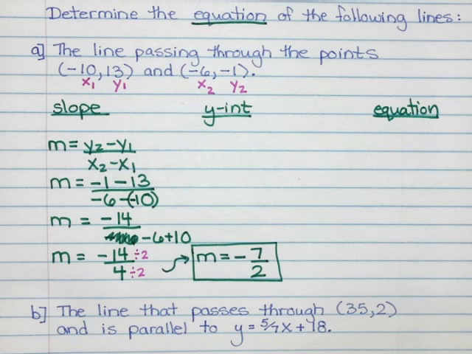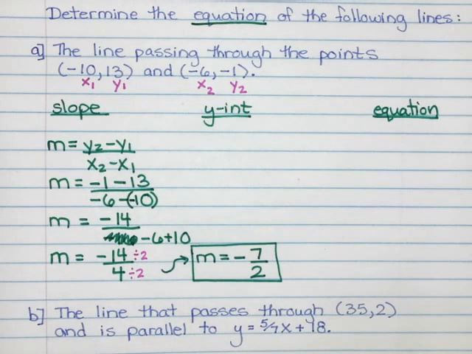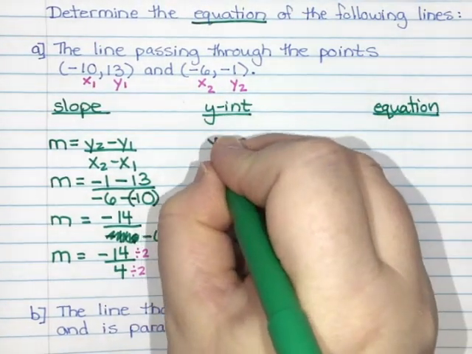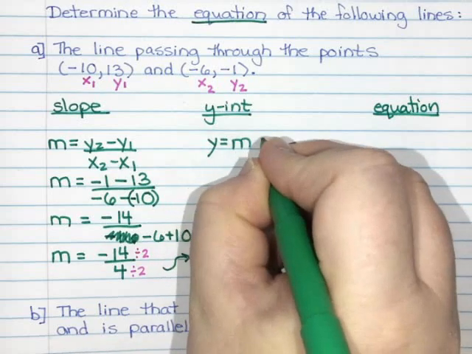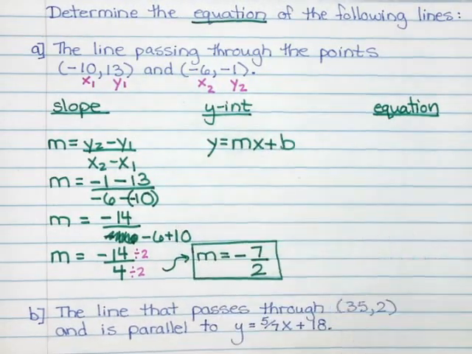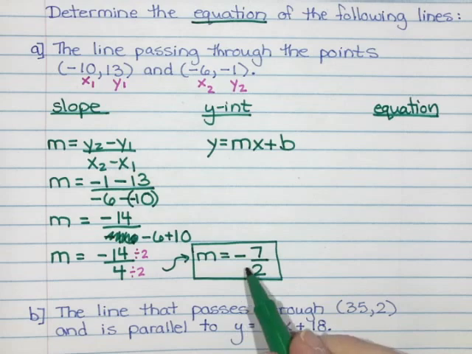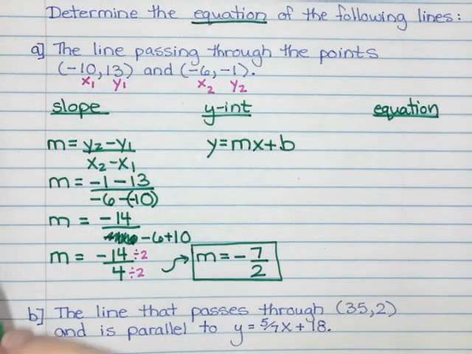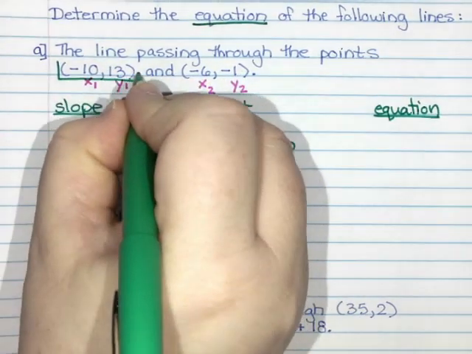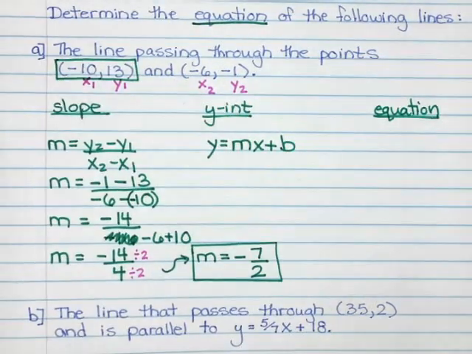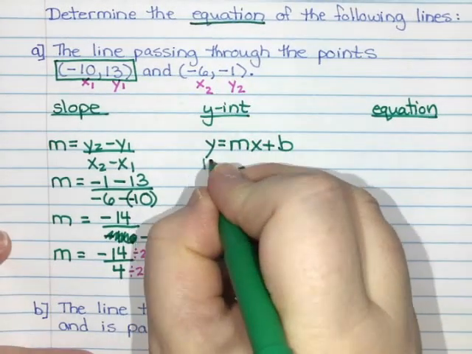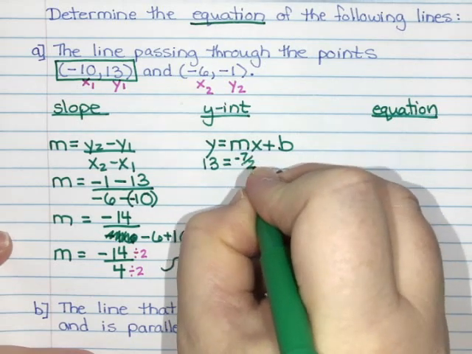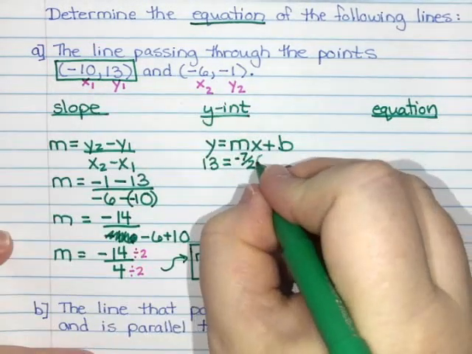Okay, we're going to take our slope and we're going to use it to calculate our y-intercept. So to calculate y-intercept, we do y equals mx plus b. So I know my slope, that's my m. And then for x and y, we are going to choose one of these 2 points. Well, at least this has 1 fewer negatives, so maybe I'll pick this one. Okay, so y, that would be 13, equals m, that's -7 over 2, times x, which is -10,